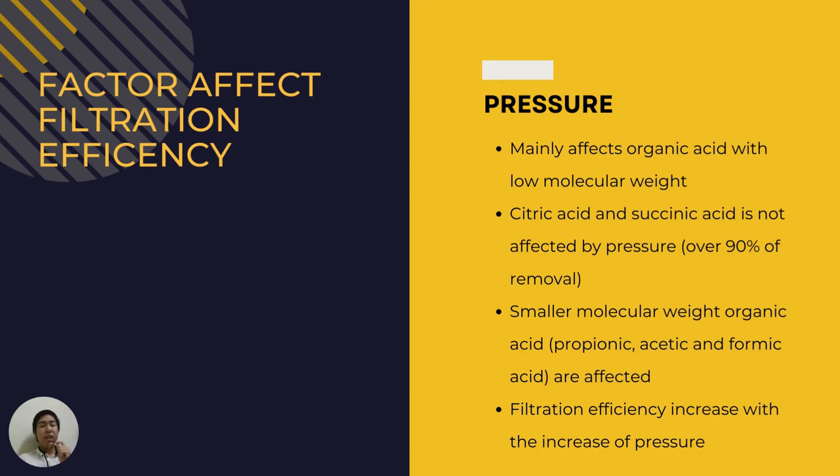Then the second factor that affects the filtration efficiency is the pressure used in the nanofiltration process. This factor mainly affects those organic acids with low molecular weight. For those organic acids with high molecular weight, such as citric acid and succinic acid, the removal is not affected by the pressure, and it will be over 90% with any